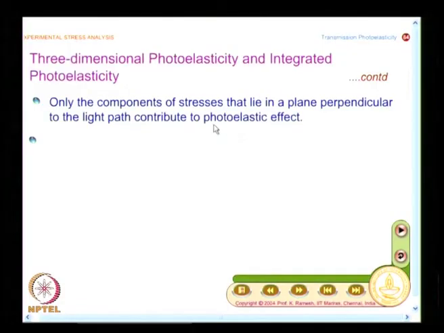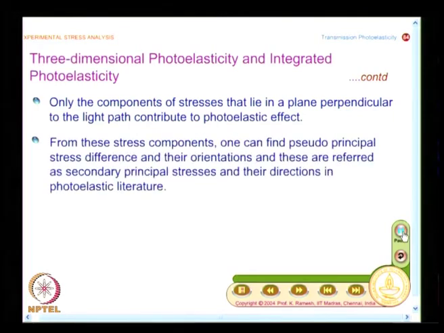So, in order to develop that, we have to understand what causes photoelastic effect. Only those stress components that lie in a plane perpendicular to the light path contribute to it. So, in a 3-dimensional problem, what I will try to do is, I will try to find out what are known as pseudo principal stress difference,